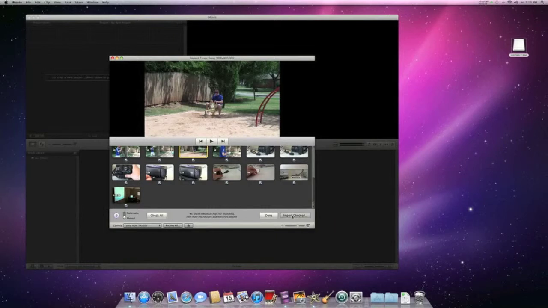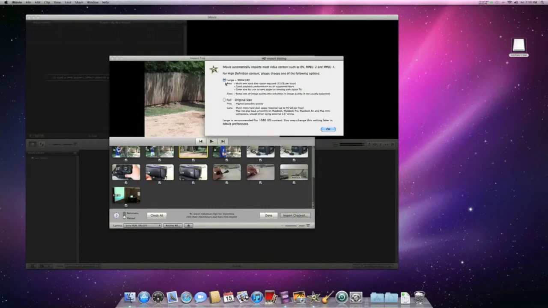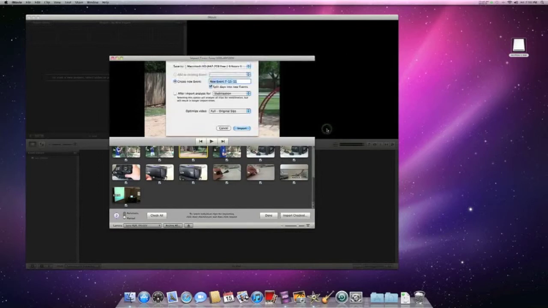Okay. I'm going to click full because I want to keep my media in its original size because I want to keep it in the highest quality possible, and if I select large, it's going to compress it. So I push OK, and then it gives me this option here where I can rename my event Lax Class Project,